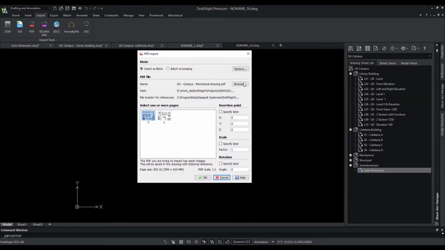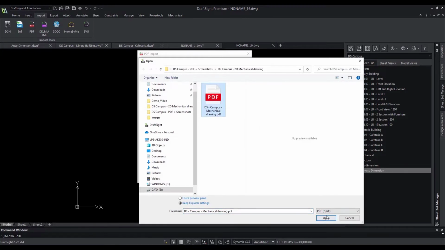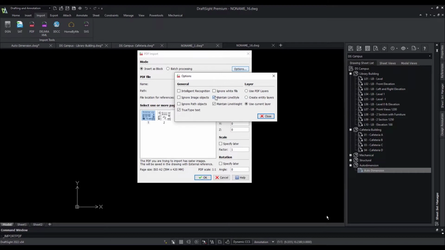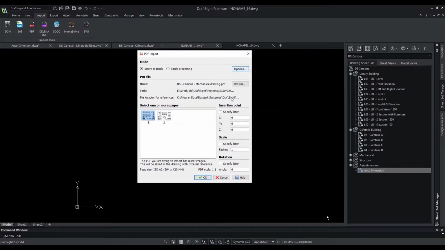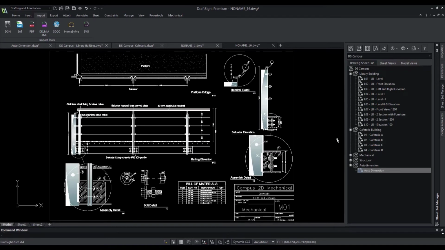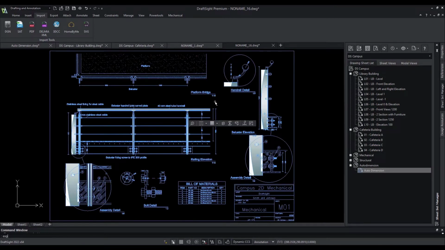We can insert content from PDF files as a block in a drawing, and the options allow us to specify preferences for converting the PDF. We can insert all or selected pages from a multiple page PDF document. DraftSight converts